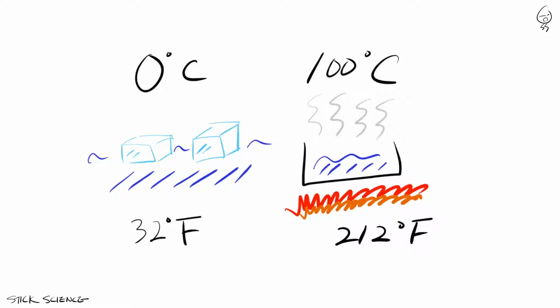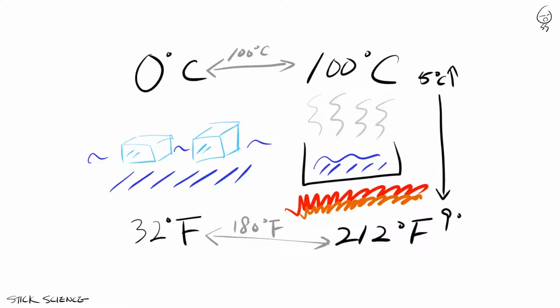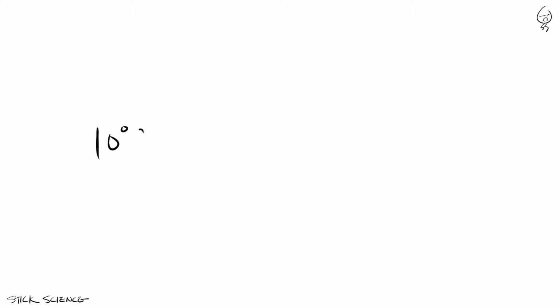100 minus 0 is 100, and 212 minus 32 is 180. A bit out of the blue, but a very useful set of numbers because it's the basis for the relationship between Celsius and Fahrenheit. Specifically, the relationship that for every 100 degrees gain in Celsius, the temperature rises 180 degrees in Fahrenheit, which is the same as saying every 5 degrees change in Celsius is equal to 9 degrees change in Fahrenheit. So if someone said it's gonna drop 10 degrees Celsius tomorrow, you know that it'll drop 18 degrees in Fahrenheit.